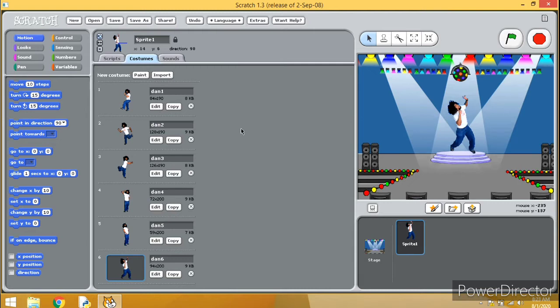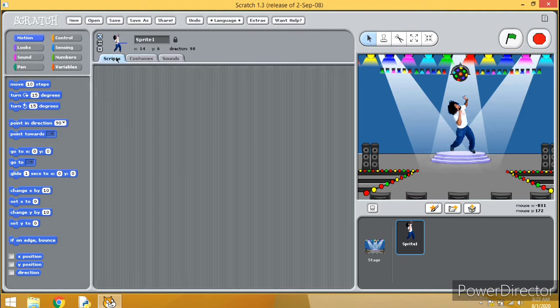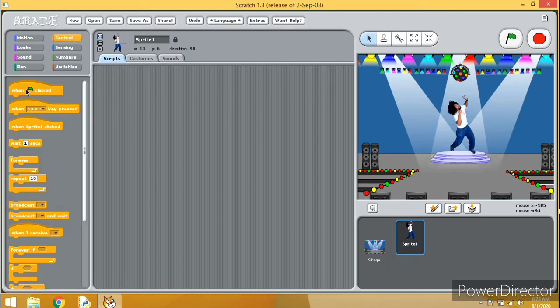Now we have to write the script, that is the code for dancing. Move to the script now, where the person will dance. He will dance when the green flag is clicked. Let us take this option. And up to what interval he has to dance, we have many options in the control box.